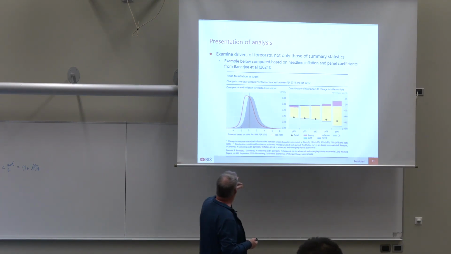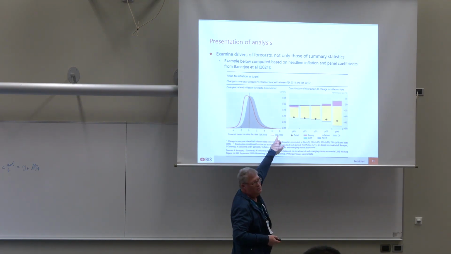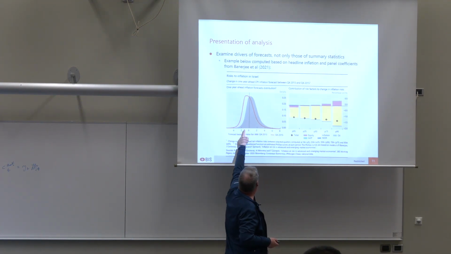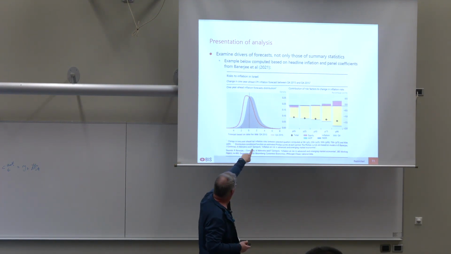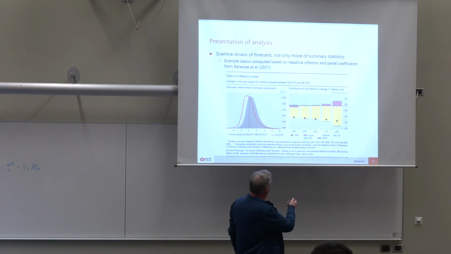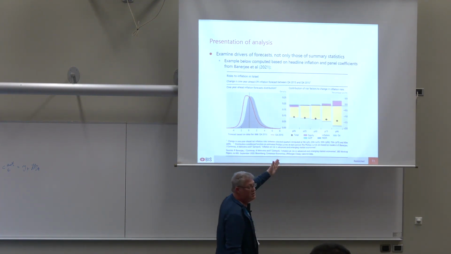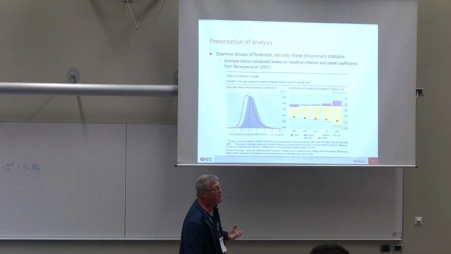And so clearly you see that from the end of 2013 to 2015, the distribution shifted to the left. Here it's not measured, but it's clearly visible that the dispersion declines and the upside risk declines as well. And here, these are the contributions to the changes in the various quantiles. So we find here that inflation is the main driver.